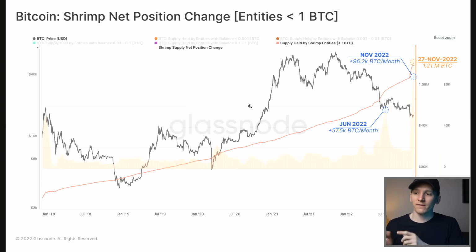However, as we can see here from Glassnode, this is a really great data point: there was a massive capitulation during the FTX blow up, where a lot of institutions and large holders really capitulated. Miners capitulated, large holders and institutions were selling out there. But where that Bitcoin went was to entities with under 1 BTC. So this is normal investors, normal people that have taken this opportunity to accumulate Bitcoin, take it off the exchange